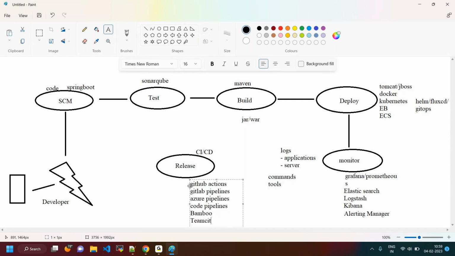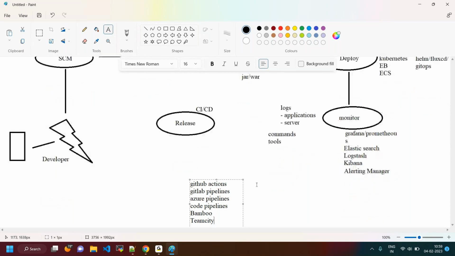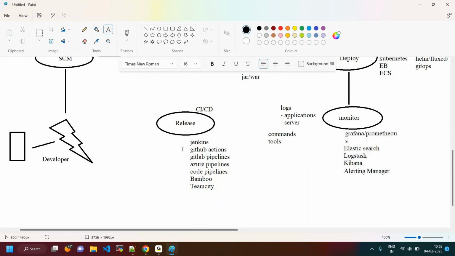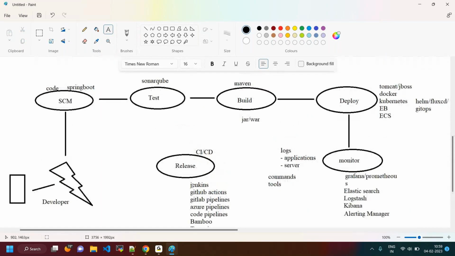We can see these many tools. Here it's not required to learn each and every tool. Even one or two tools is fine to understand how the pipeline works. We call these pipelines. We need to write some pipelines. If you understand one pipeline, we can easily understand other pipelines as well.